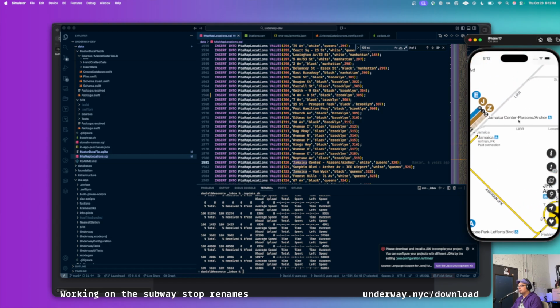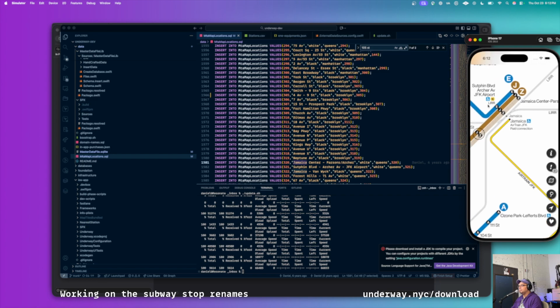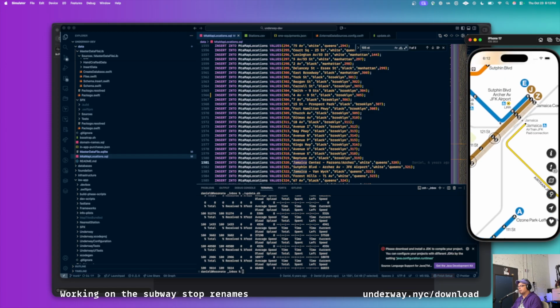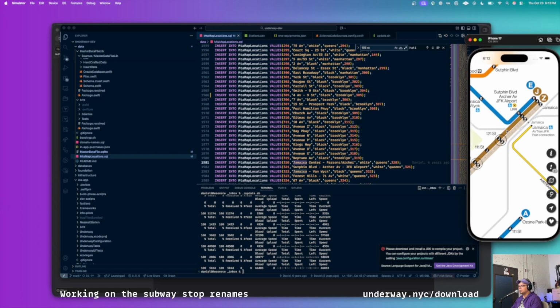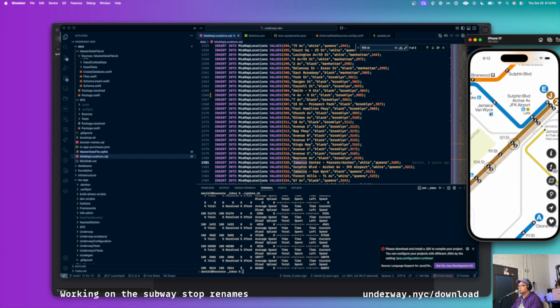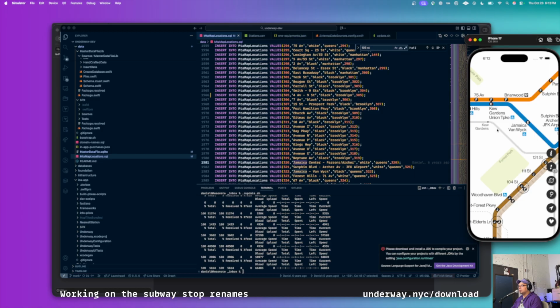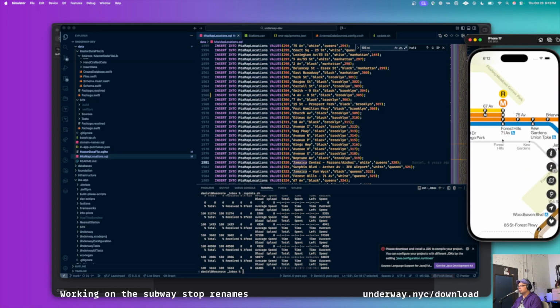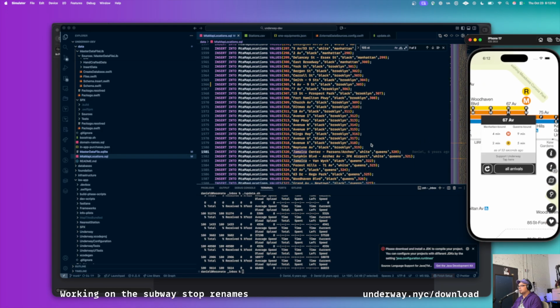Jamaica Center minus Parsons divided by Archer. Okay. Sutphin Boulevard, Archer Ave, JFK Airport. That is the longest name, or at least it was last time I checked. Now that we have all these renames, I wonder if we have a longer one. Jamaica Van Wyck. Then we go to Forest Hills, 71st Ave, 67 Ave,